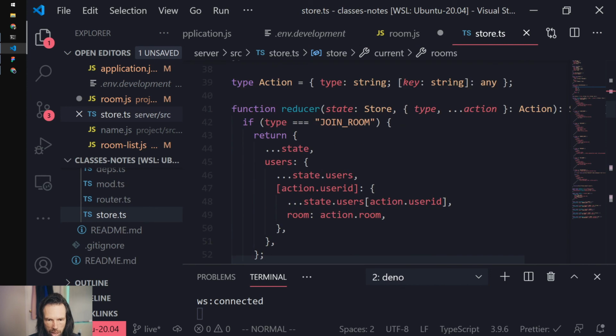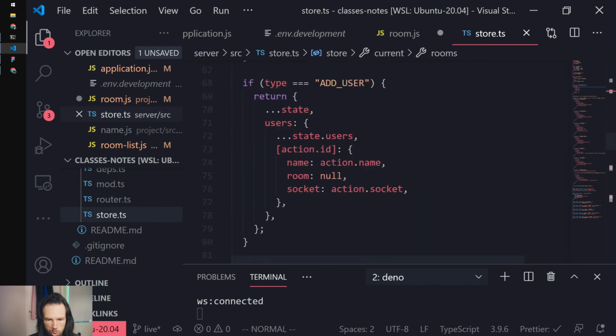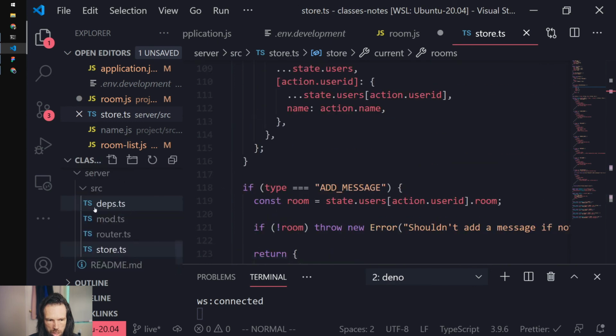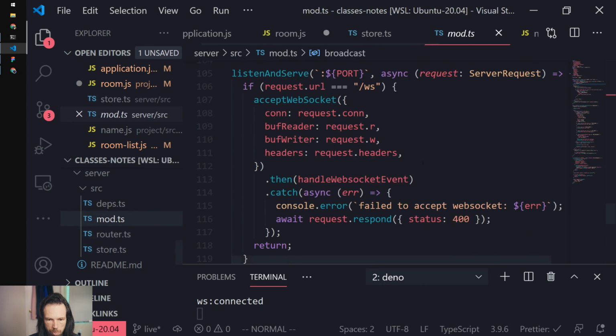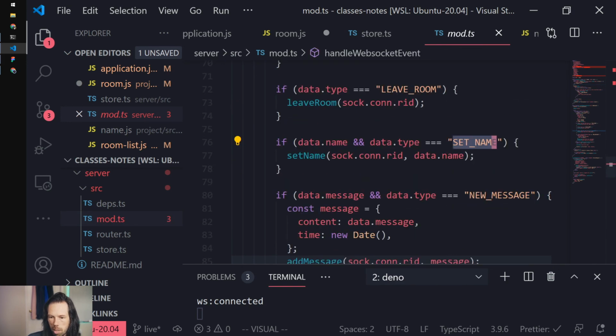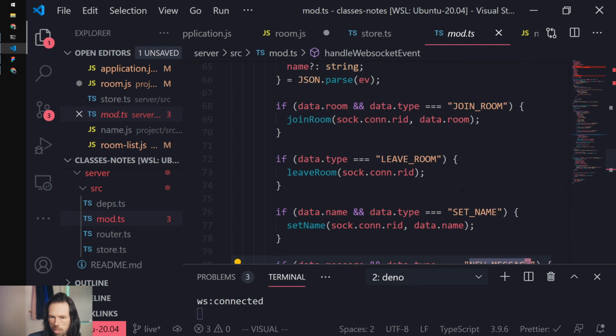I'm looking for a new message. Oh, it's in here. When I receive a message from the client, it's going to be either join room, leave room, set name, or new message. So the one I want to do right now is